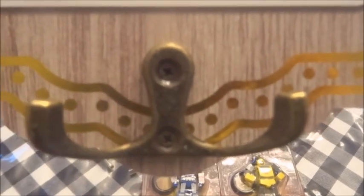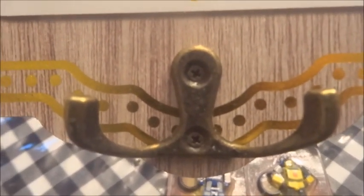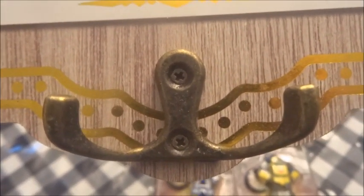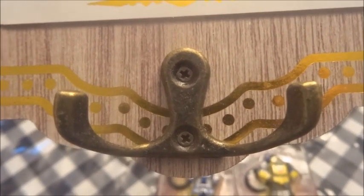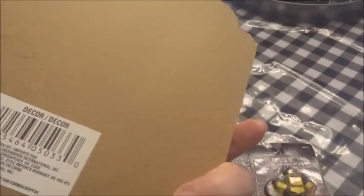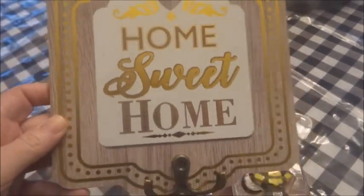You do have to be very careful though, because I did see a lot of these that the hooks broke off. Some of them were bent. Sometimes the things at Dollar Tree are not always in the greatest shape. There's things that are chipped a lot of times, so you really have to sort through them. But that's what I found with these. But I thought this was really cute. I may just add it to the trailer so that we can hang up our keys, but